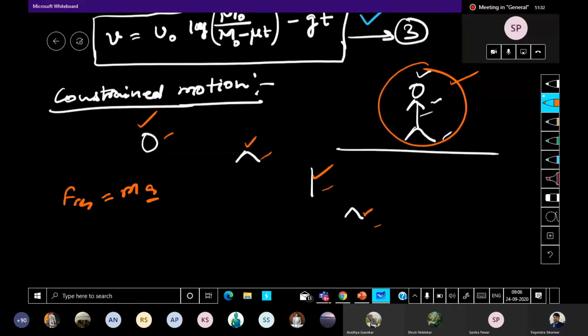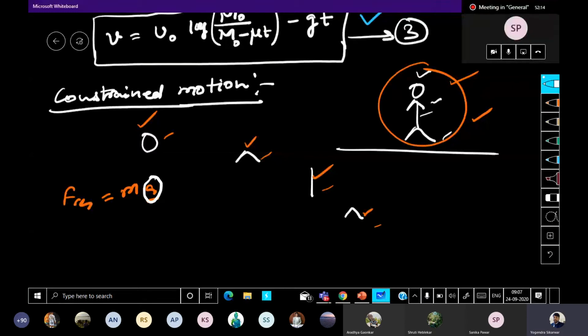Okay? Again, as I told you in the beginning, sometimes some things are very obvious, and because of that we do not value that obviousness. So when you consider that you are moving together as a body, it makes your life simple. And how is it making your life simple? You use one value of A, one value of acceleration, for the whole body.